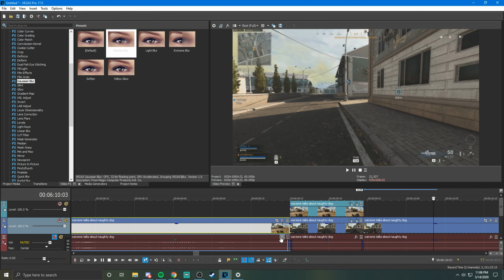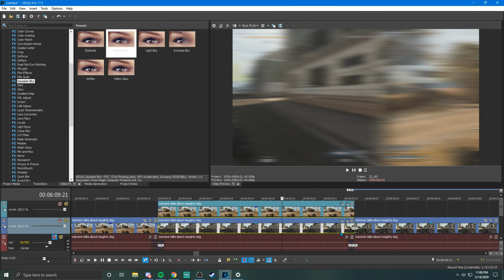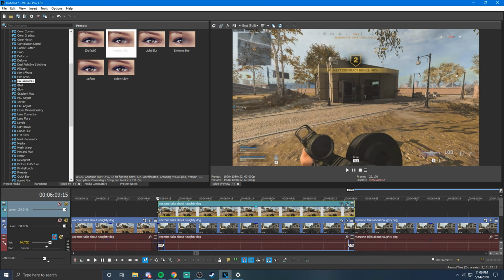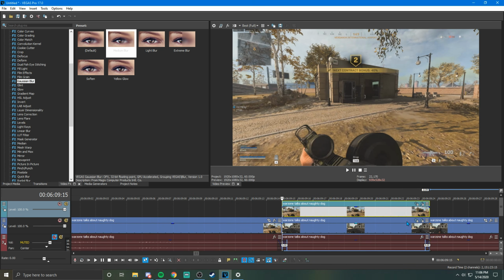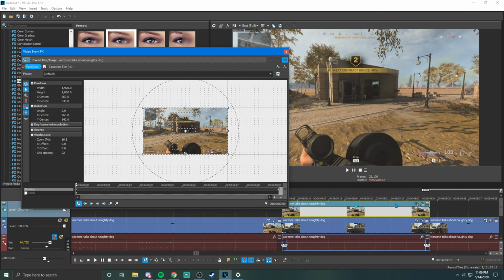And it could even be a little faster. That's what I mean with this effect, with this transition. You want it to be as quick as possible to really hide the fact that you're pushing the other frame out of the way. So if you wanted it to be even faster, what we could do is